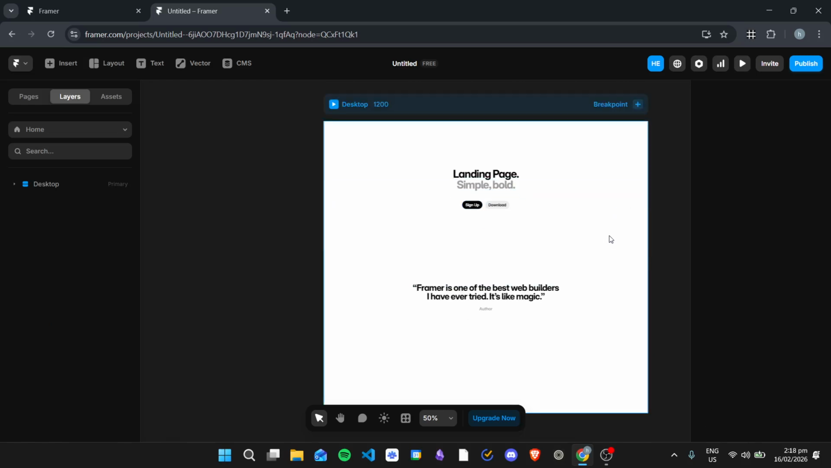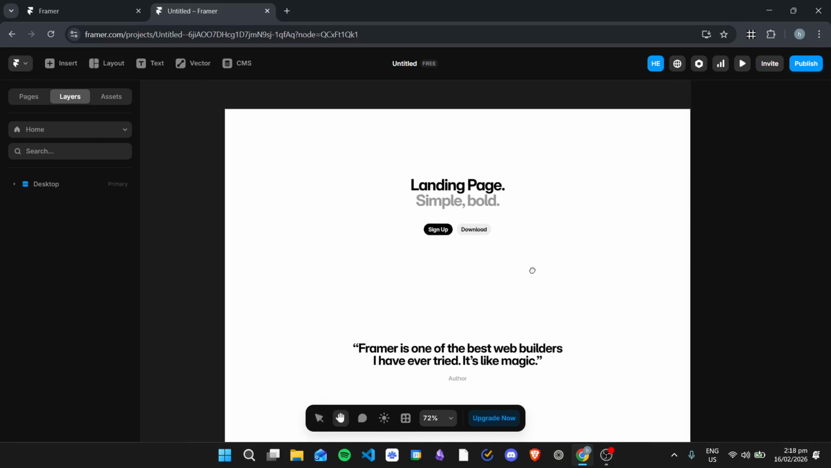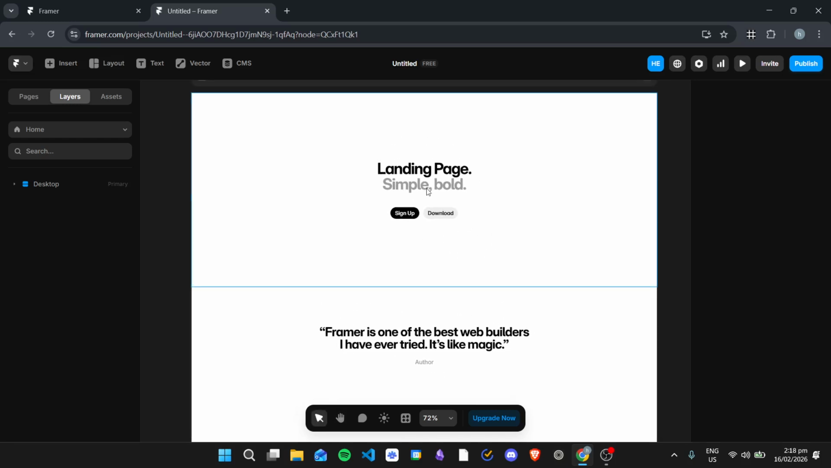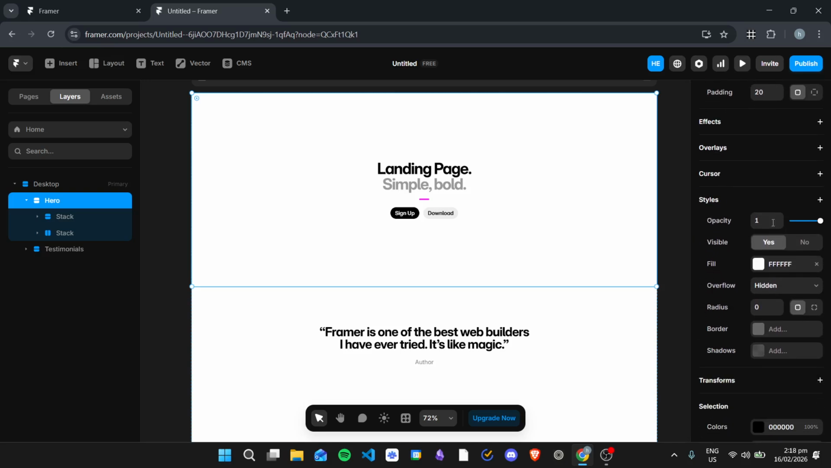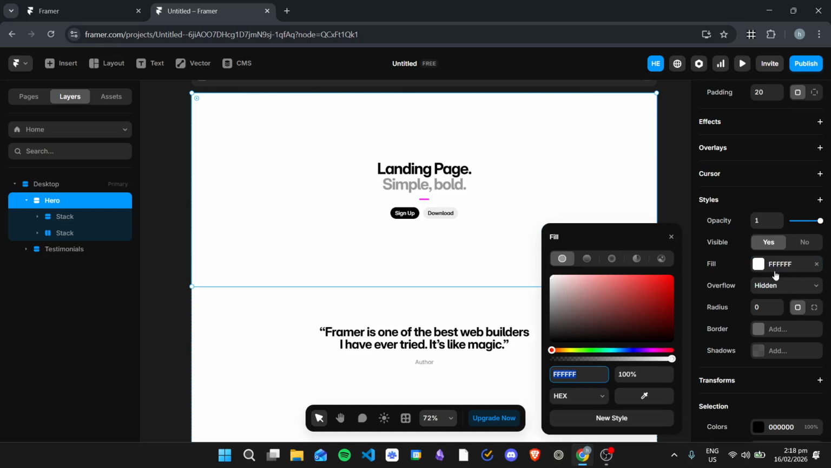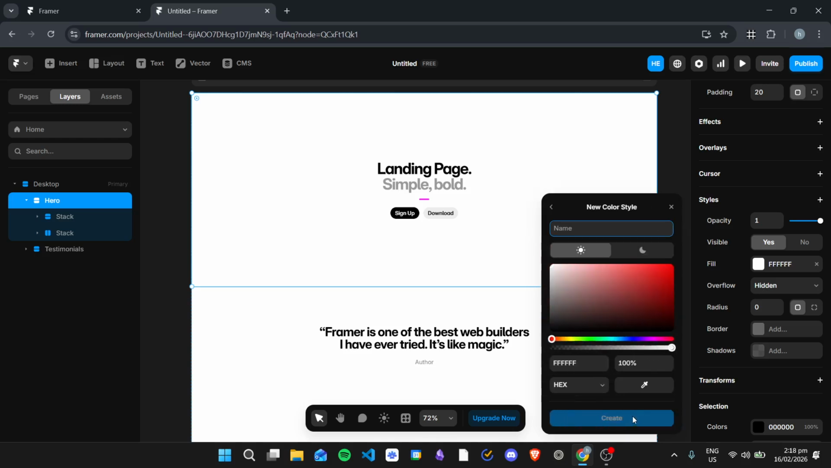If you want to have a light and dark mode, what you can do is go to an element. So for example, I'll click on this element right here. And then I can scroll down, go to styles, and then I can click on the color. And then I can click new style right here. So if I click new style, as you can see, you will have two tabs right here. You have a color for the light mode, and then you have a color for the dark mode. So I'll just name this